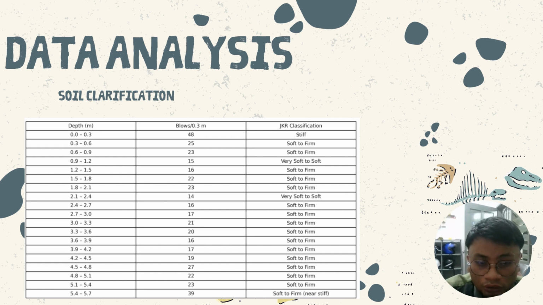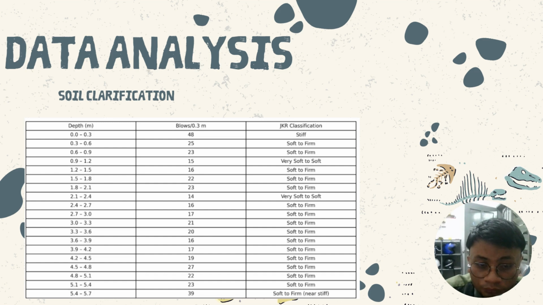These values are close to the very stiff range and suggest dense soil, or we can call it bedrock. This indicates a possible zone approach.